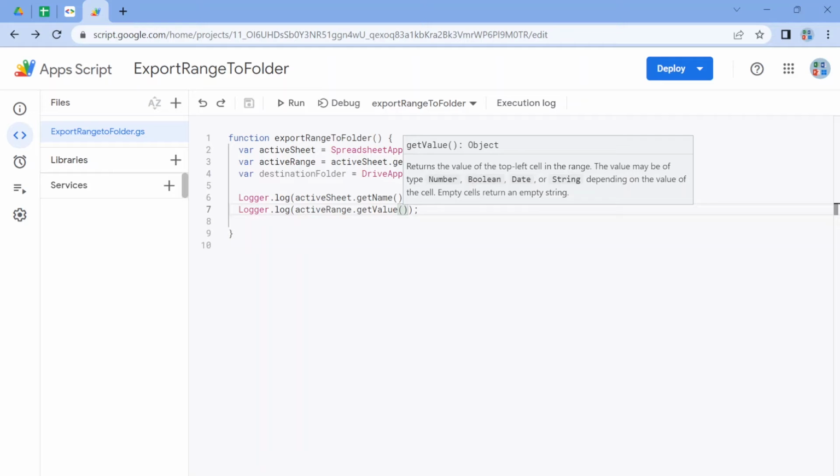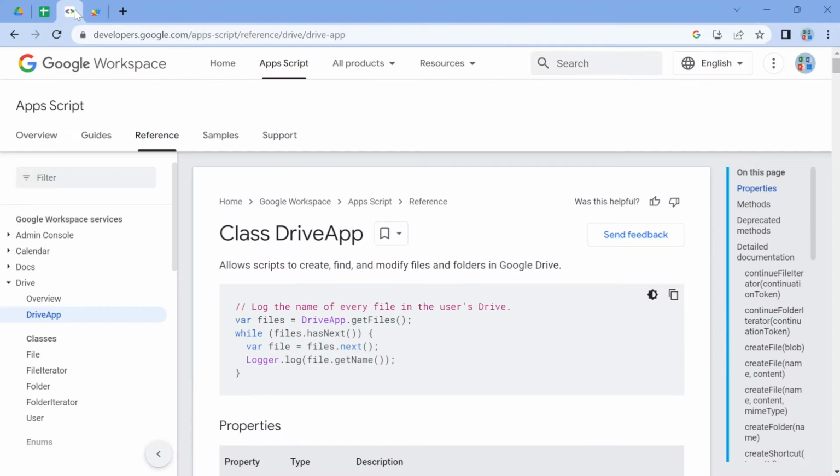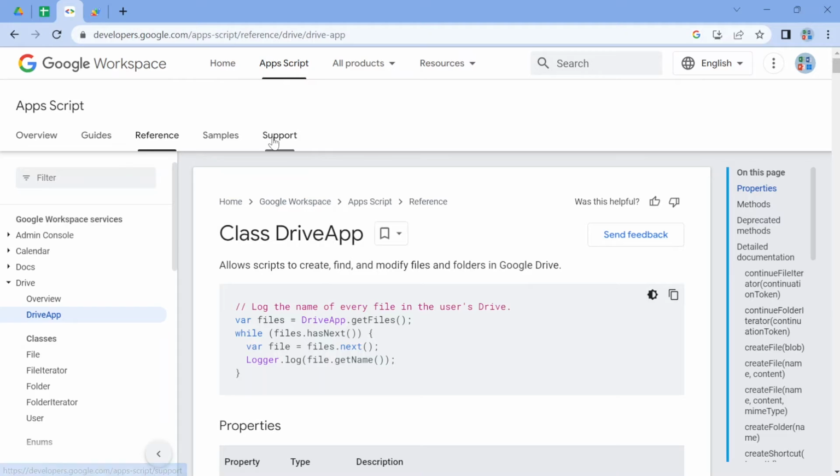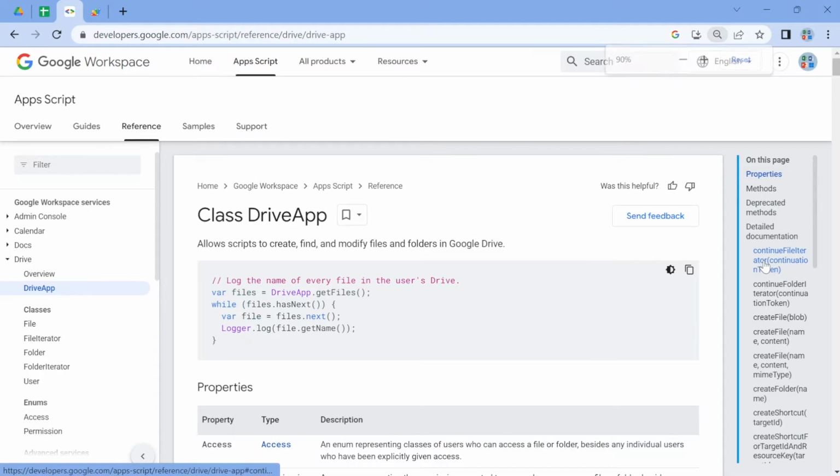Another way to get more information is to go to the website developers.google.com/appscripts/drive app, and you can go through and start looking at the different things. Right now I'm looking at the class DriveApp, and it has a lot of methods.